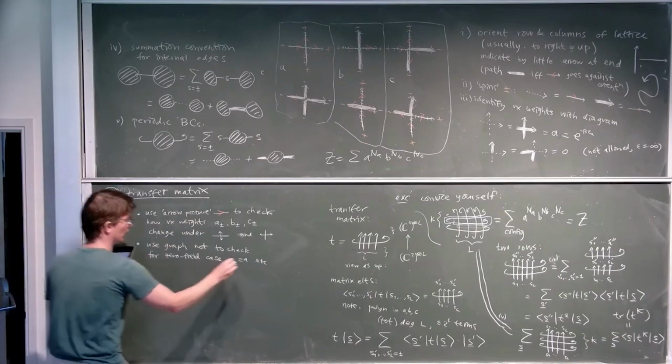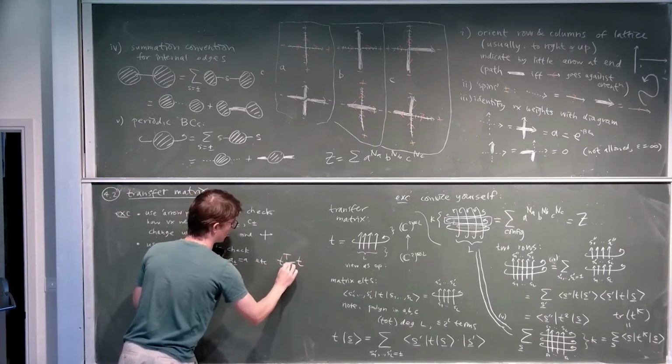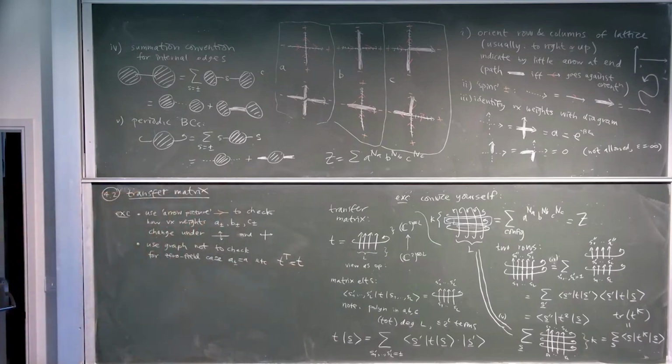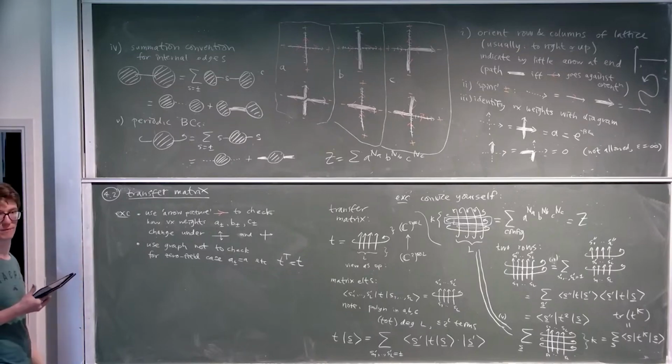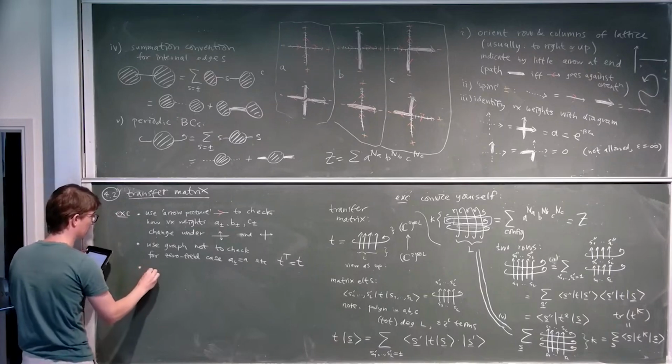that the transfer matrix, if you take its transpose, is the same, so that this matrix is symmetric. Of course, a matrix is symmetric precisely when its entries are related by S prime T S being the same as S T S prime, and then you have pictures for both of them. And you can think about how everything changes and use the first part. And then finally,